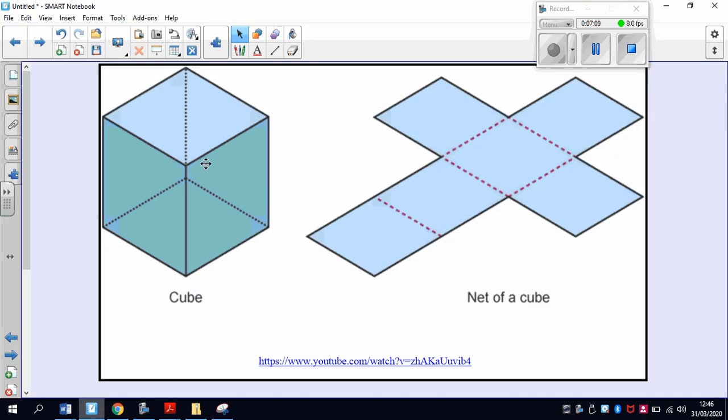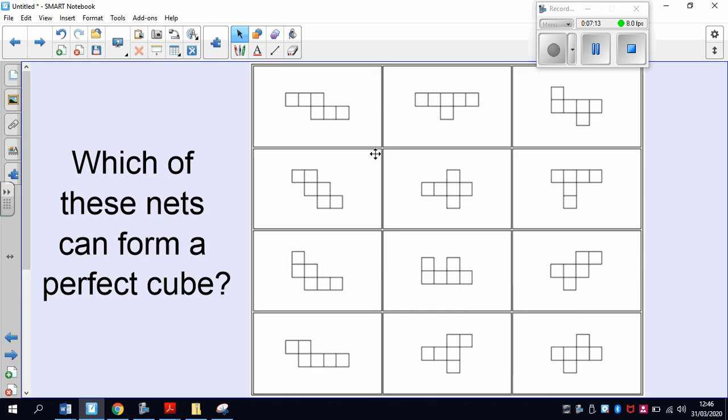But the challenge we're setting for you guys with this presentation is here. You can find this on the class web page, you can print it off, but what we want you to do is to find out which of these nets can form a perfect cube. You can see all of them have the same number of squares, all flattened out, all connected in some way, but in a different way every single time. However, not all of these are going to form a cube if you fold them up, and it's up to you guys to actually